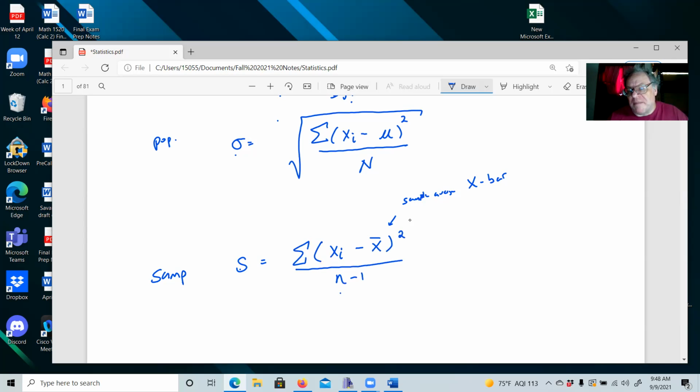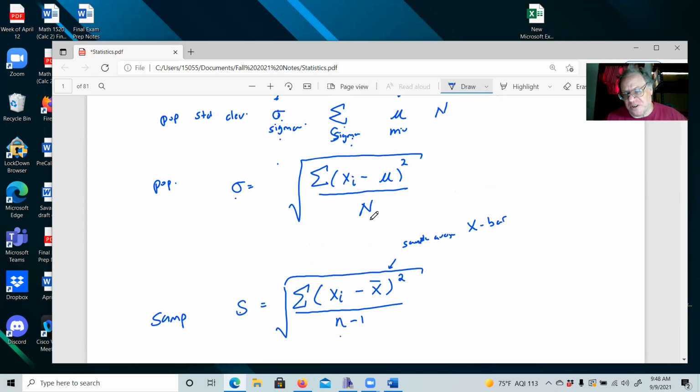It turns out if we divide by n, we get too small of a number. So we have to kind of back it up a little bit and get a little bit bigger. That's n minus 1, which is 4. And then we're going to take square roots. To get the variance, we're just not going to take the square root. It saves you a step. But we generally don't, like the homework will ask you variance, I will ask you variance.